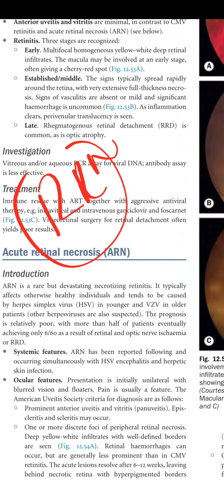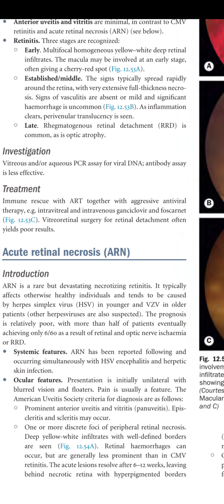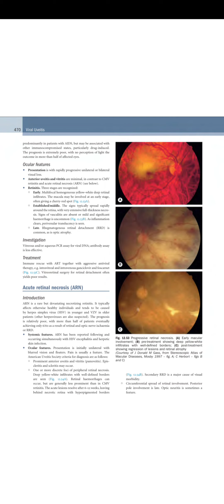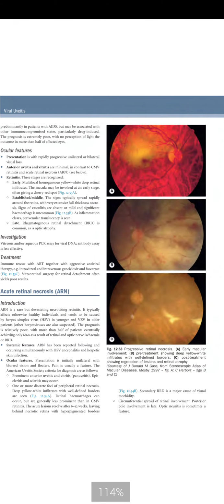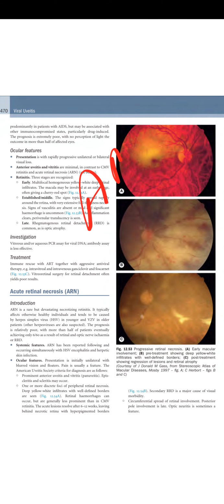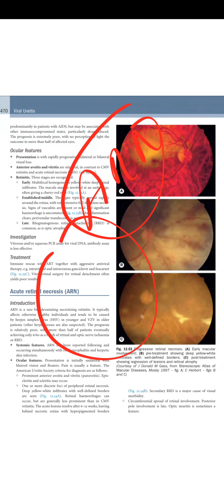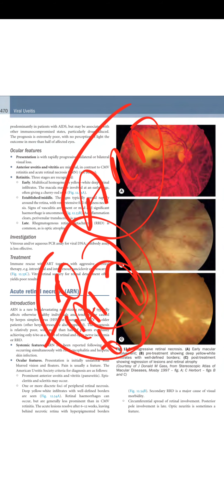The acute lesion usually resolves after 6 to 12 weeks, leaving behind a necrotic retina with hyperpigmented borders. Secondary RRD is a major cause of visual morbidity. So basically, in the case of ARN, there is going to be white retinal necrosis and retinal hemorrhage, and after the acute lesion resolves, which is after 6 to 12 weeks, there is going to be